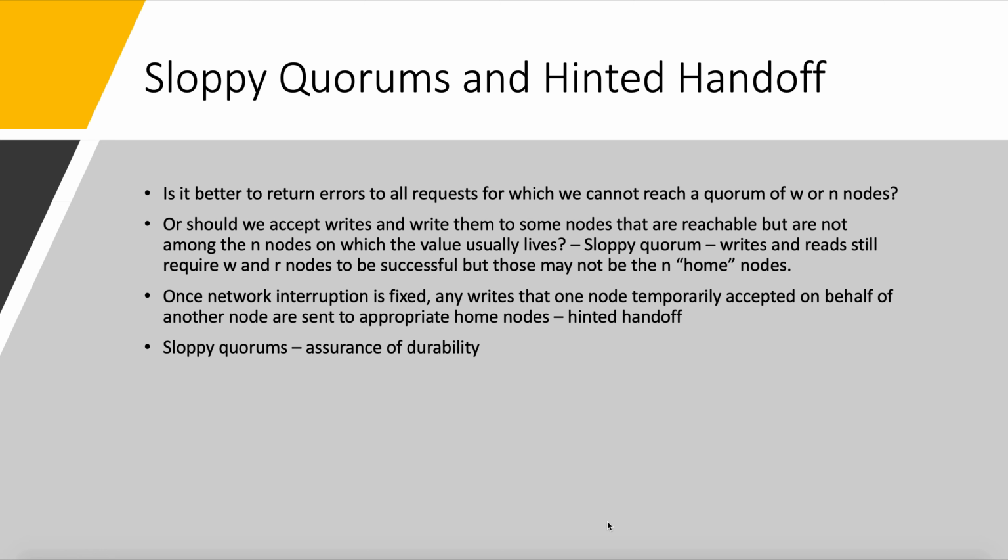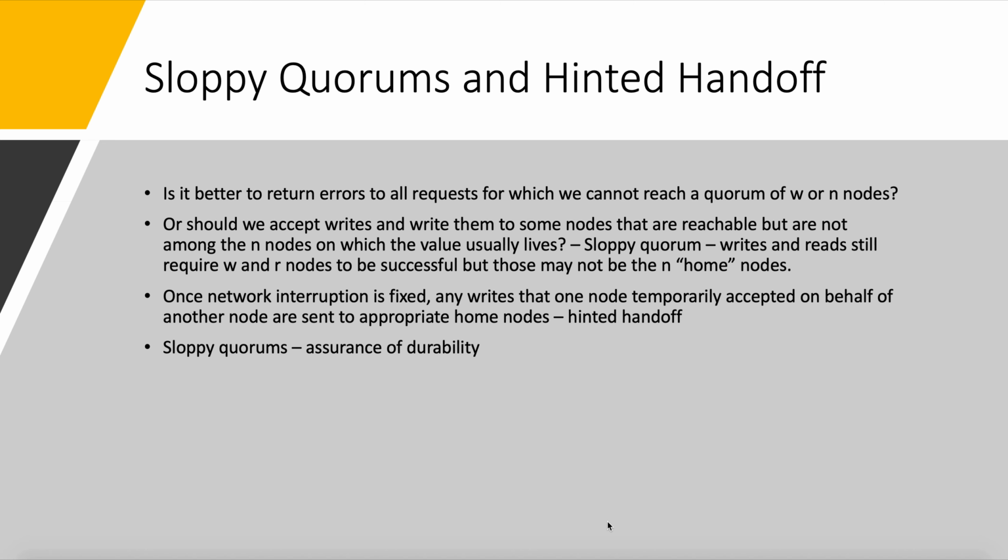However, quorums are not as fault tolerant as they should be. A network interruption can easily cut off a client from a large number of database nodes. In this situation, it is likely that fewer than W or R reachable nodes remain, so the client can no longer reach a quorum. In a large cluster, it's likely that the client can connect to some of the database nodes during the network interruption, but it might not connect to the nodes that it needs to assemble a quorum for a particular value. So in that case, the database designer faces a trade-off. Let's see what those trade-offs are.